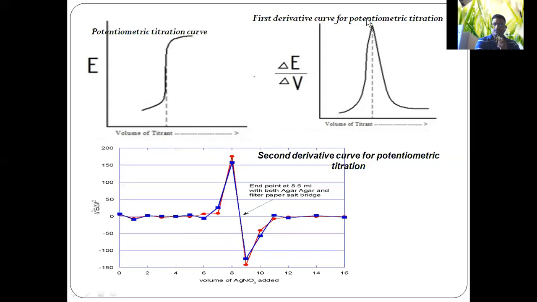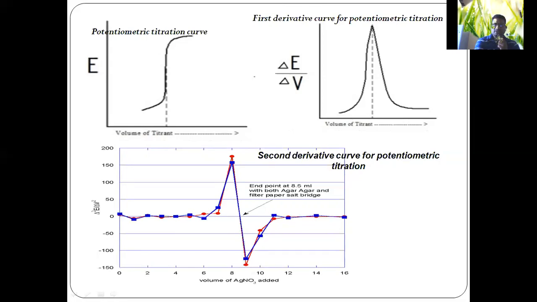First derivative curve for potentiometric titration, and this is second derivative curve for potentiometric titration, that is del square E by delta V square. Generally we use this first derivative curve for potentiometric titrations, so that we can calculate the amount of substance present